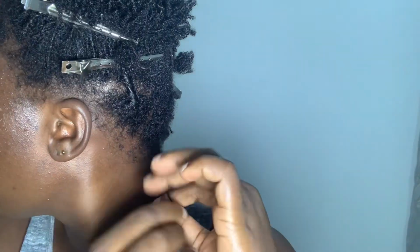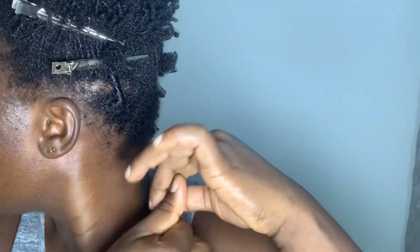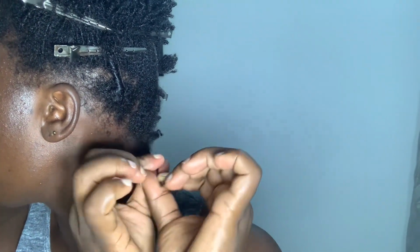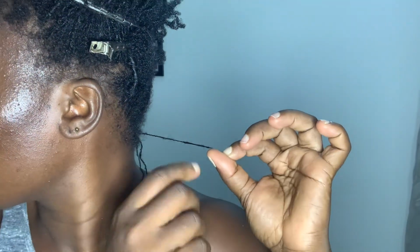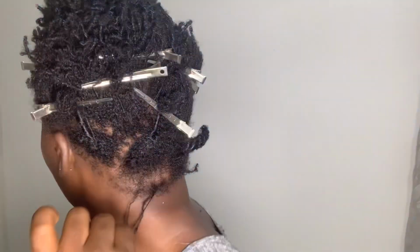So I'm palm rolling these other ones too. Like I said, you can see the padding over there, right? So I can't undo it to twist. I can only palm roll and leave them like that. Then I come to